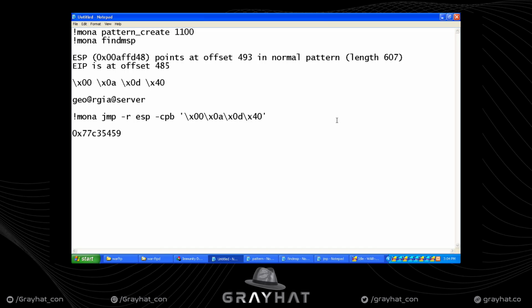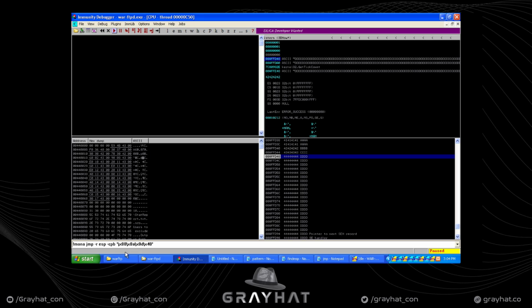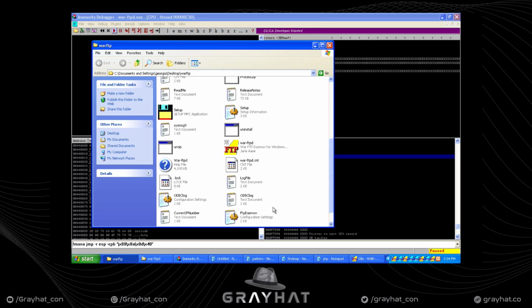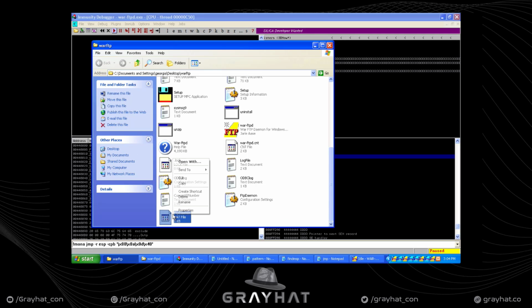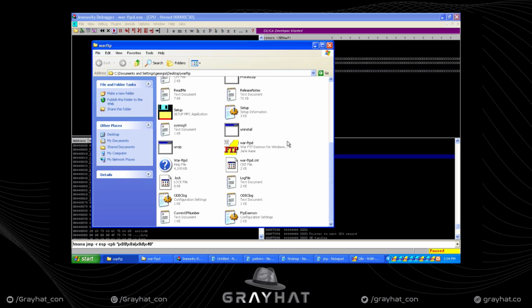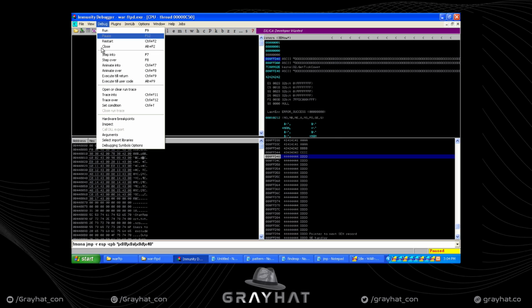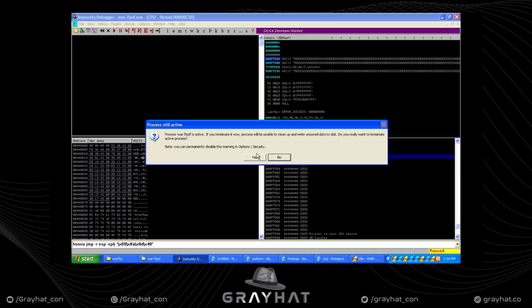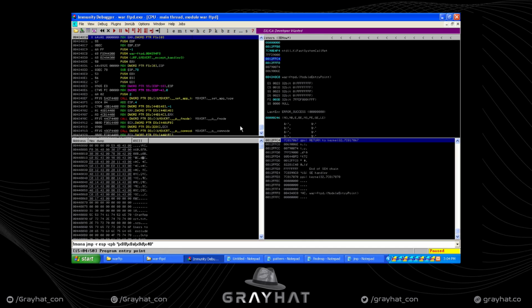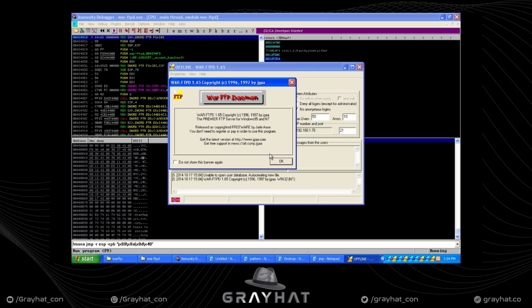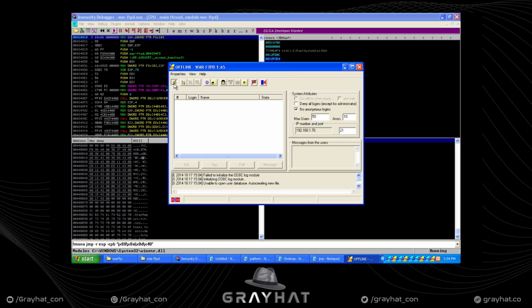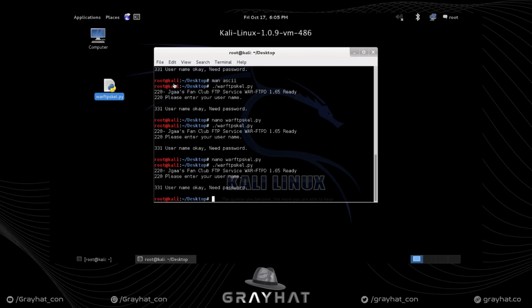All right, so let's go ahead and restart. It is still crashed. So if we come over to Immunity, let's get rid of that ftp.dat or ftpdaemon.dat. And then if we go to Debug and Restart, it should open up by itself now. Sure enough, it does. Put the lightning bolt. And if we come over to our Kali,